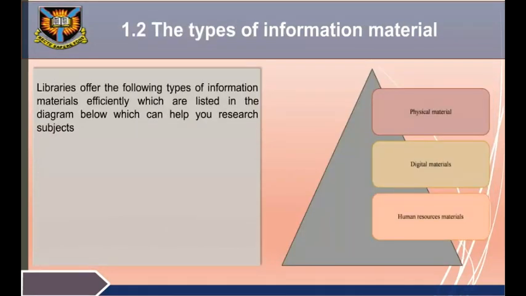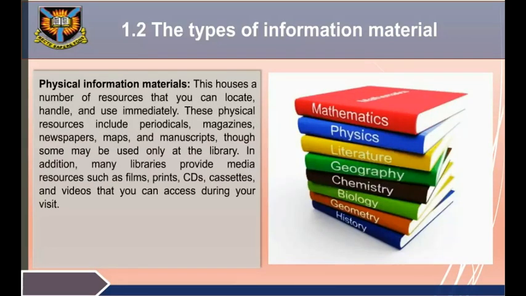The types of information material. Libraries offer the following types of information materials efficiently, which are listed in the diagram below, which can help you research subjects. Physical information materials. This houses a number of resources that you can locate, handle, and use immediately. These physical resources include